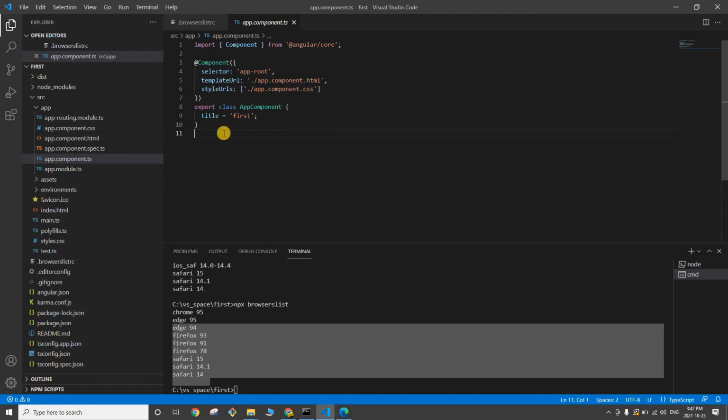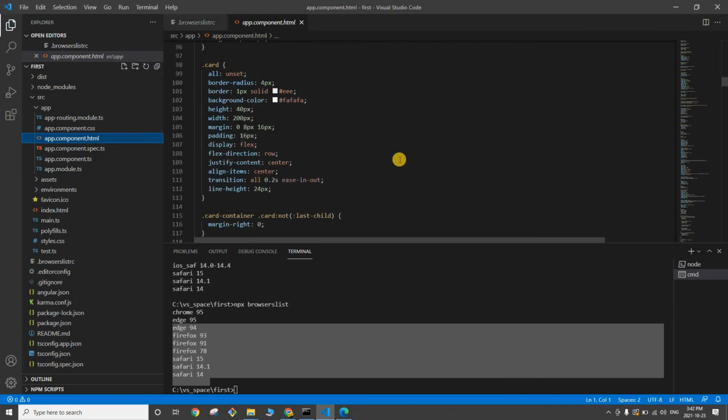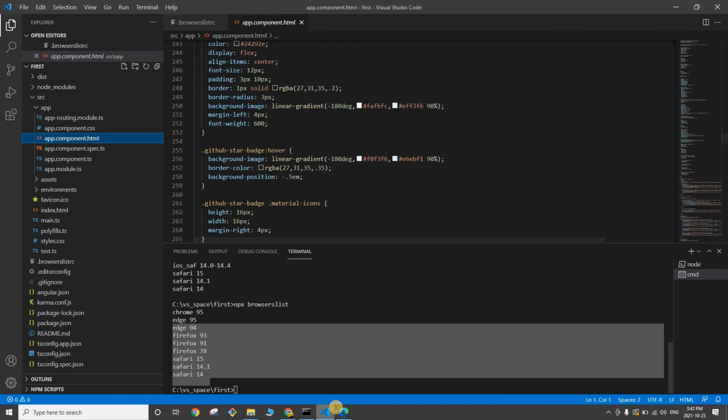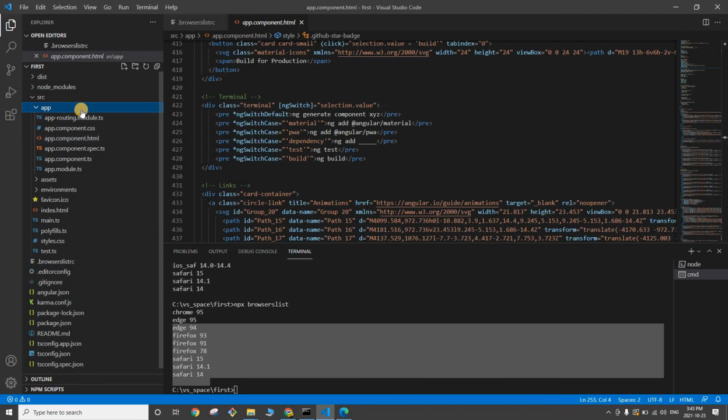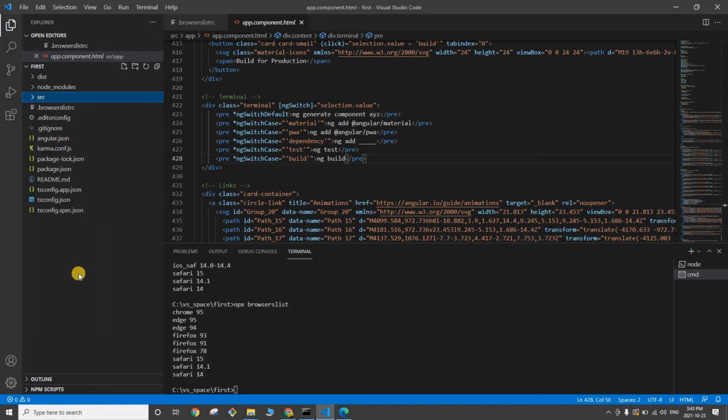Right guys, now if I open this app.component.html file, this is the HTML content that you see here on your browser. Right guys, I hope I'm making some sense here. In the app folder you will have all your modules, and in a module you can have multiple components. Alright guys, so now we have discussed all the files here, right?